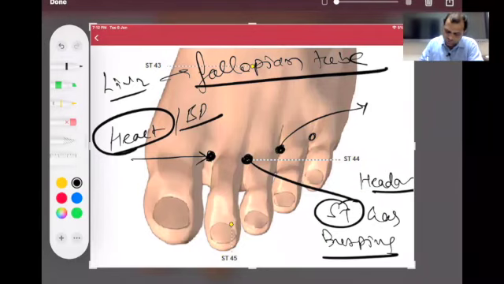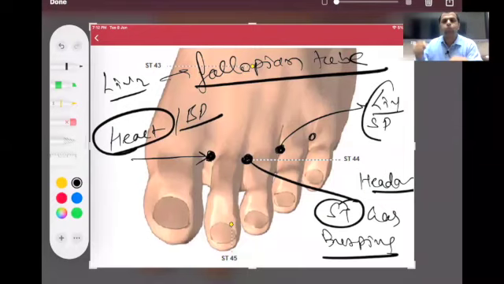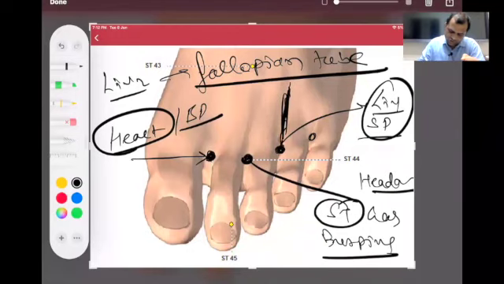Because this point is good for liver and spleen both. This point is a wonderful point for liver and spleen. So this point becomes very wonderful. We can keep on pressing every day. Nowadays, every disease is growing so fast, so we can take the precaution. Even this point is very good for the lower back. In Sujok, we know the lower back, the spine is ending here. This is the ending of the spine in Sujok that we know.